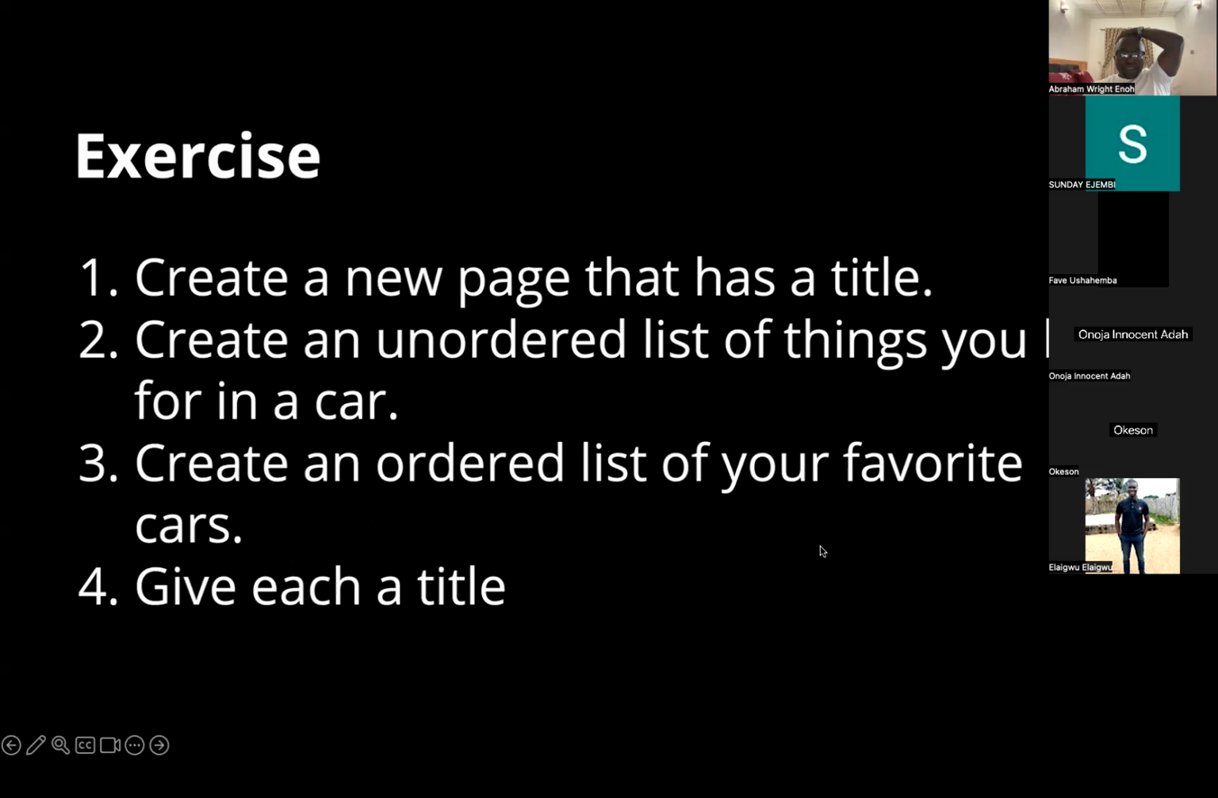If you can see, how many things are here? Create a new page that has a title. Create another list of a thing. Create another list. So we answer them all. Can you see the screen now of the slides for the